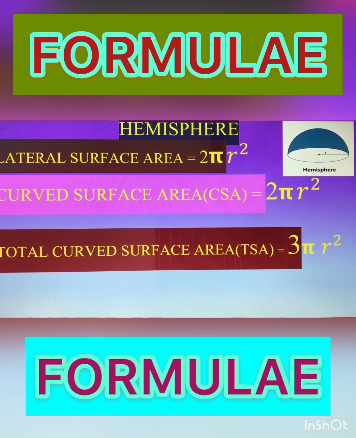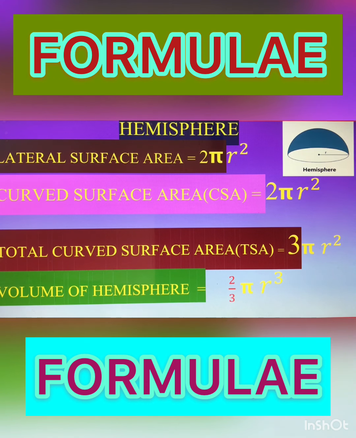Keep in mind that this is 3 pi r square. This is the most important thing. Why? Because the curved surface area is the blue part region in the figure. You can see that in this figure, this blue part is the curved surface area, that is 2 pi r square. And the white part is just the circular region. So the area of this circular region is pi r square. And pi r square plus 2 pi r square is 3 pi r square. So the total surface area of the hemisphere is 3 pi r square.